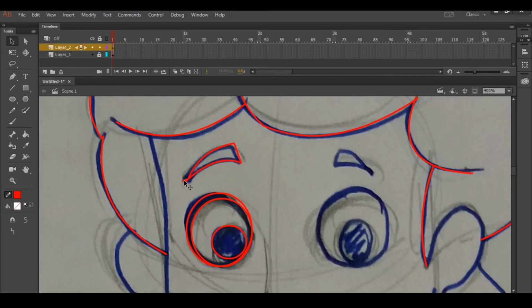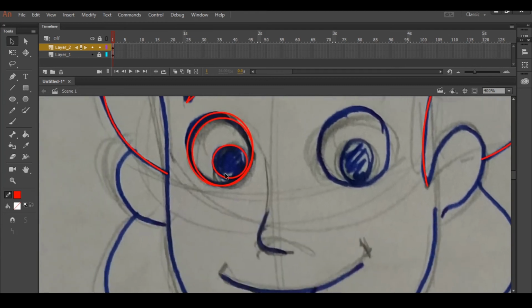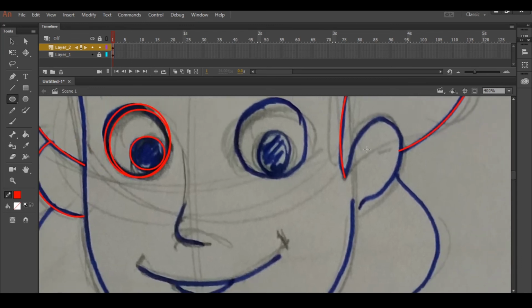Okay, same thing with the ears. You can have a circle like this, just draw a circle, and using the selection tool again you can edit that. If you are very good with the pen tool, you can use the pen tool, because if you are already working in Illustrator, maybe you are very familiar with the pen tool, you can use it, but this class will be using line.